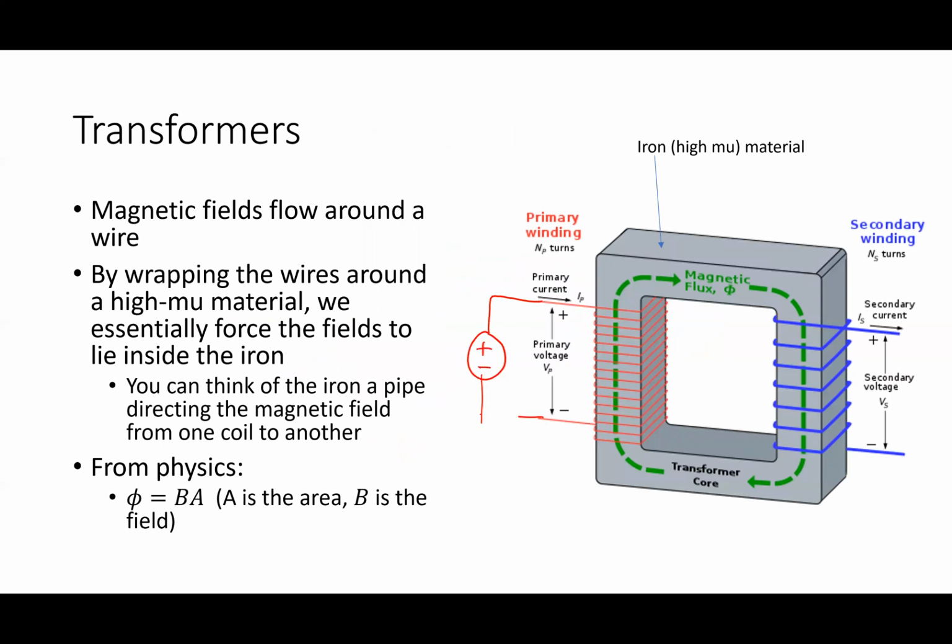So a primary winding over here, I put a voltage source on that primary winding. And that's going to cause a current to go in, like I've shown the direction here, right? So VP, V primary, and then IP, I primary. And then over here, I got another coil that's open circuited, all right? So looking at that, I do the right-hand rule to figure out the direction of that magnetic field. What this iron, or what we call in physics terms, high mu material, does is it directs that magnetic field. And oftentimes we say magnetic flux.